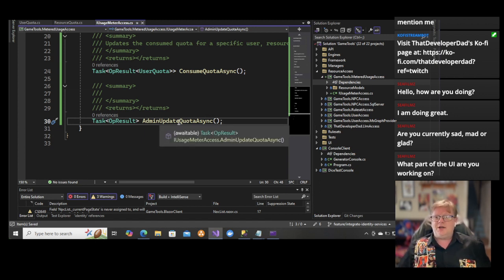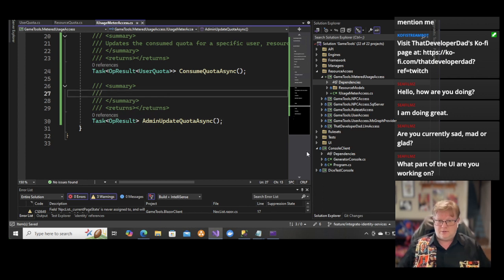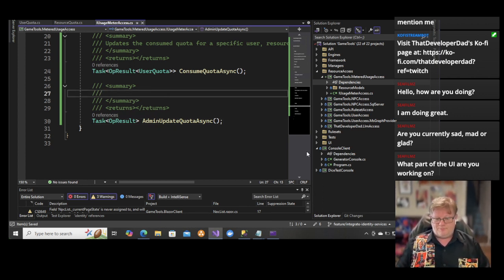So task op result, admin update quota async creates a new monthly